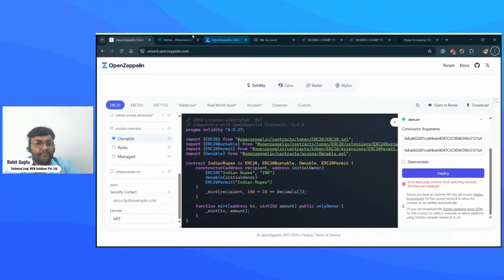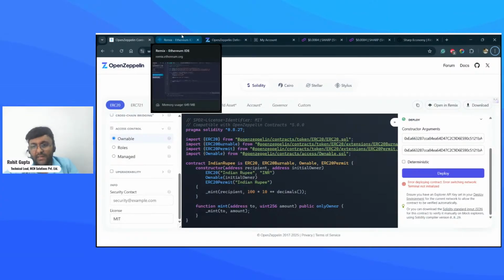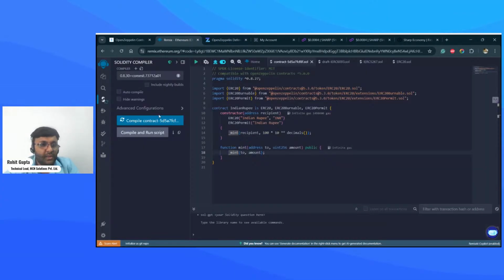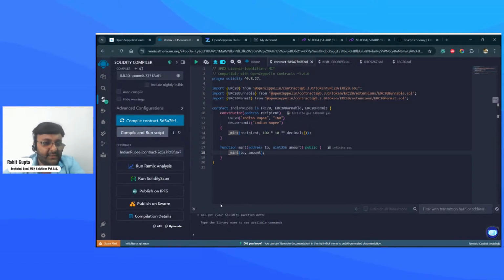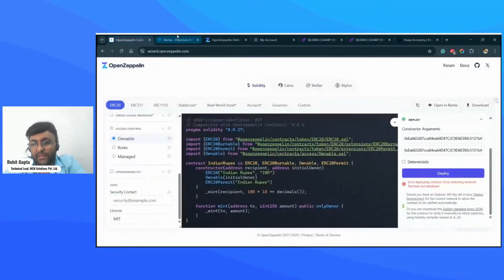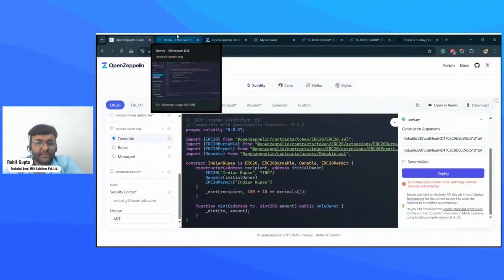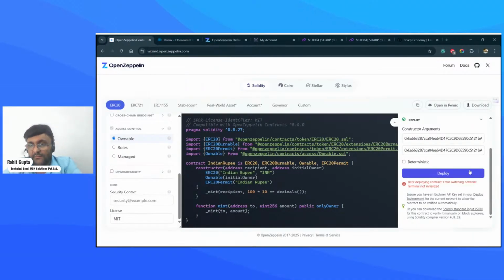Anyone else? Anyone else, guys? I'm going to Remix. That doesn't mean I don't want the answer. I want the people to give me the answer why we are getting this error.